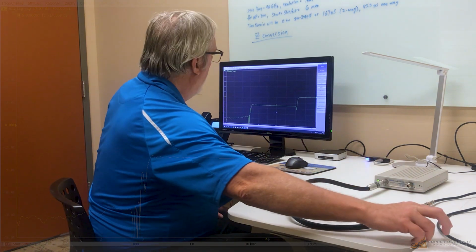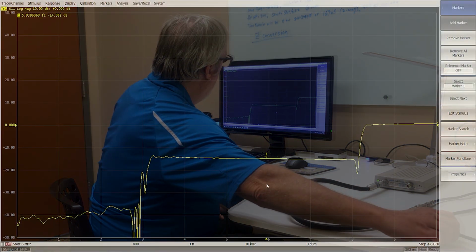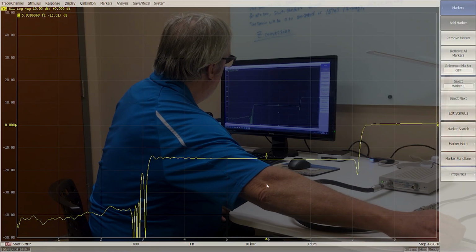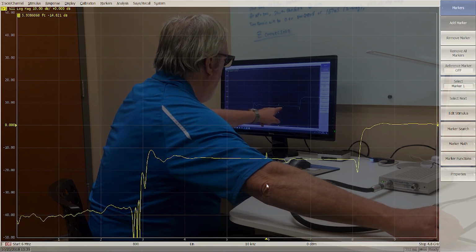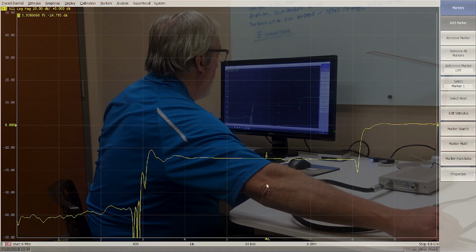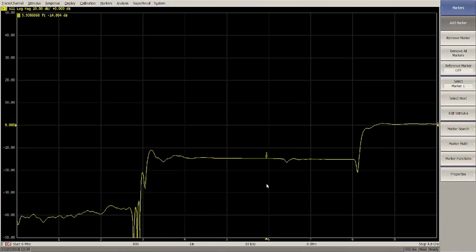I can introduce a kink in the 75 ohm cable, and you can see it right here. So there's a defect that I'm creating by crimping the 75 ohm cable. And I can locate that in distance. I put a marker on it.